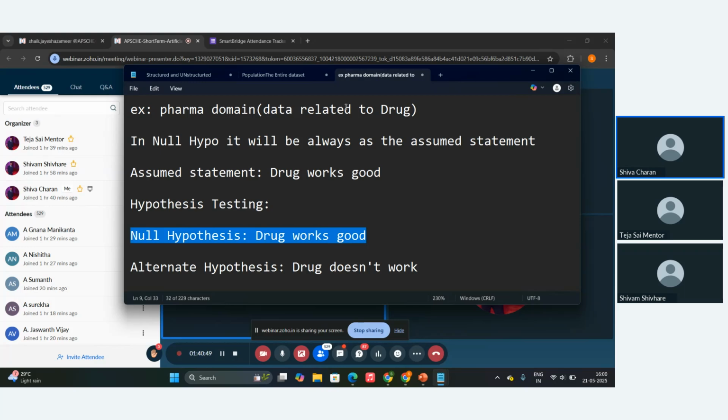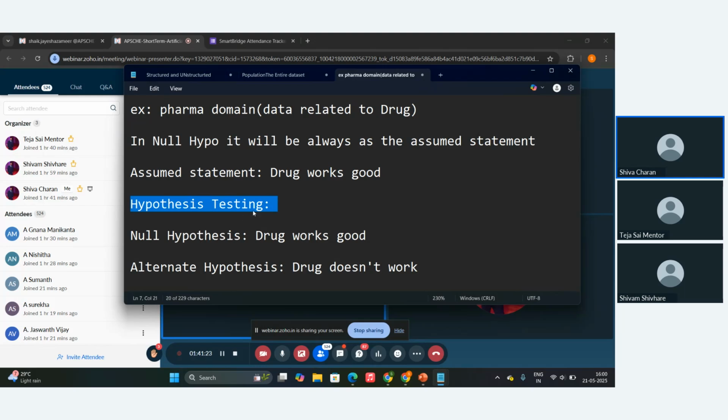So let's say I have a data set and I have developed the COVID vaccine to make sure that everything happens well. It's not like an assumption, but based on the previous data, we'll be doing a sample test, right? Initially, based on that only, we'll be coming to a conclusion. Based on that sample implementation, I'm saying that the drug is good. So that is my assumed statement over here, and that is the null.